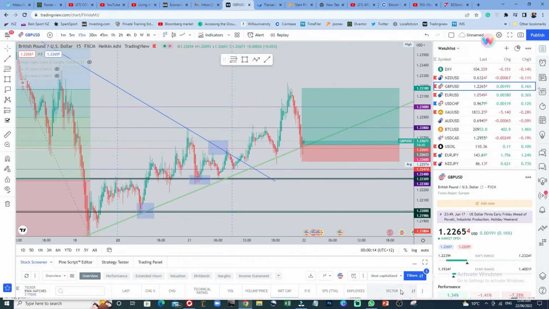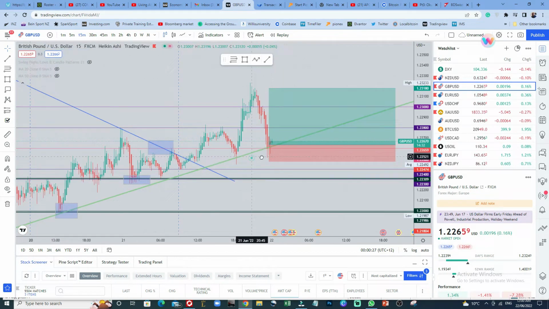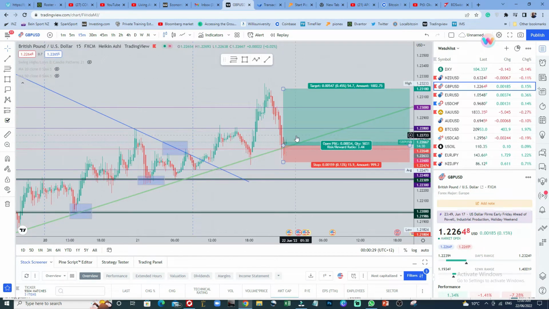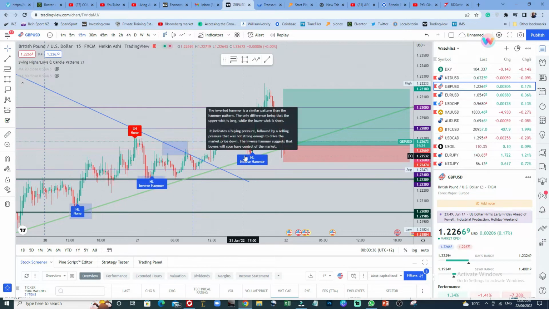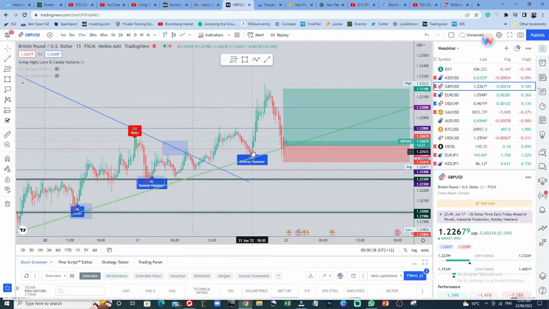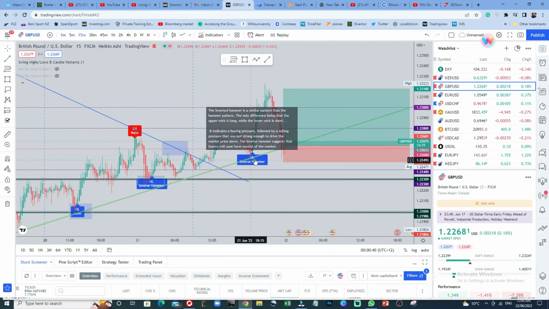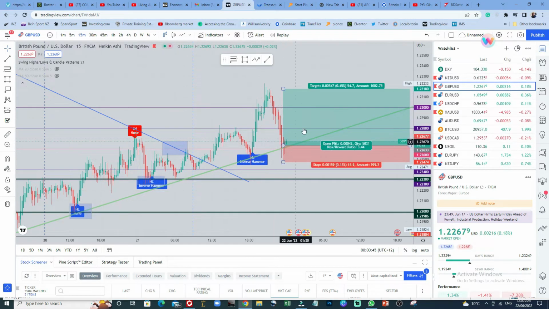We just moved into the US session now, so I expect this market to reverse to the upside. Technically speaking, you can see weak rejection here, bearish weak rejection, showing that it's time to reverse. Let's look at the indicator and see what's going to happen. Yeah, the indicator is showing inverse hammer, and once the indicator shows this inverse hammer, it's also in line